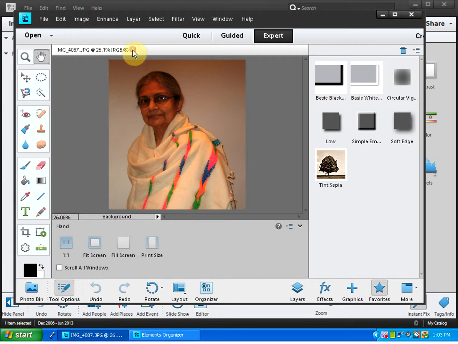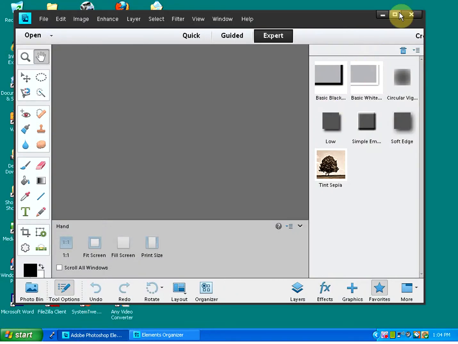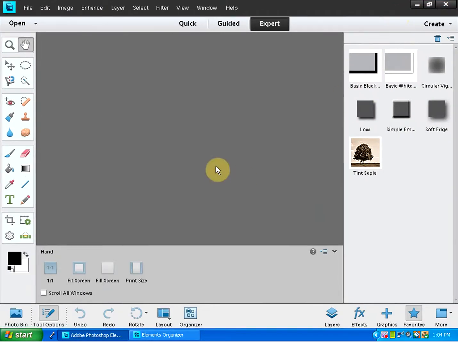But I do not normally use the organizer. As I said, I cancel that out and let's close the organizer or minimize it. Let's open the editor. This is the editor. And let me say I bring my pictures to the editor straight from the computer's files and folders. I have the pictures in my picture folder of the computer. So I click here, open,